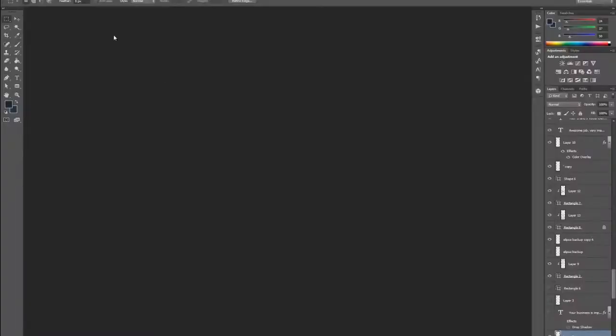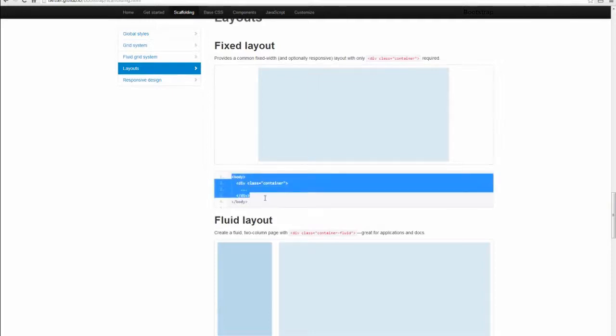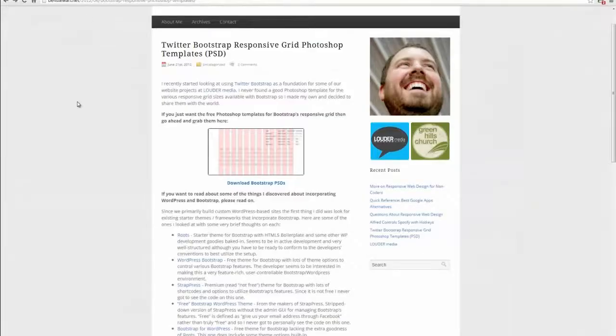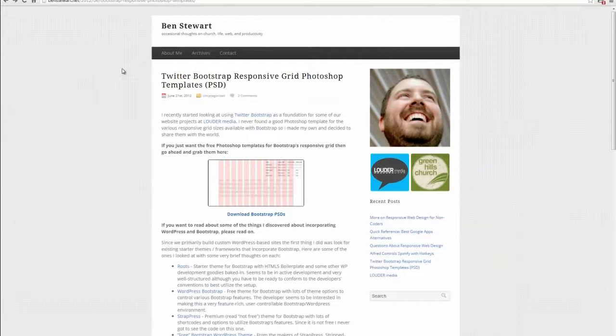real shortly. But the first thing that we have to do is in Photoshop get our document prepared so that when we design the layout, it's going to adhere to this 12 column grid system that Bootstrap uses. So if this is confusing and you're new to this, which it will be confusing, don't think about it too much. But what I want to do is at this website here from Ben Stewart, we have a Twitter Bootstrap